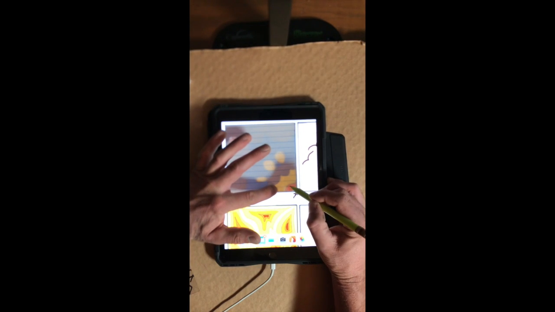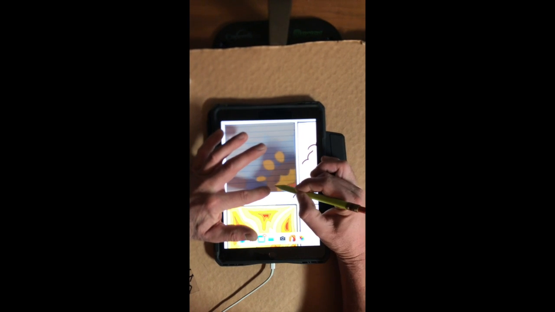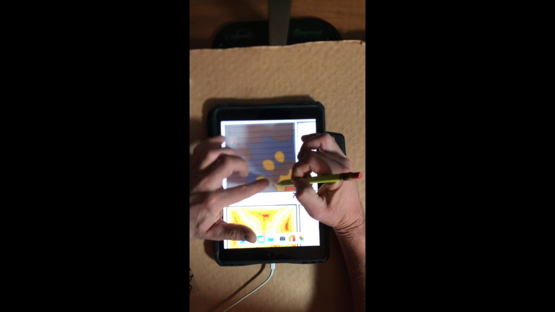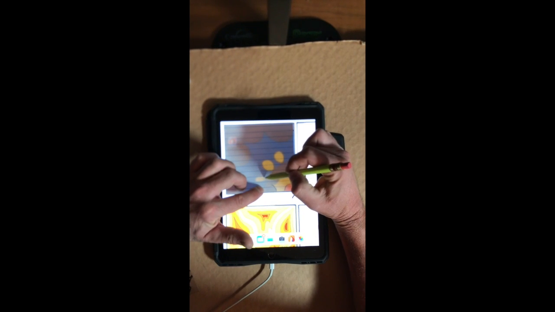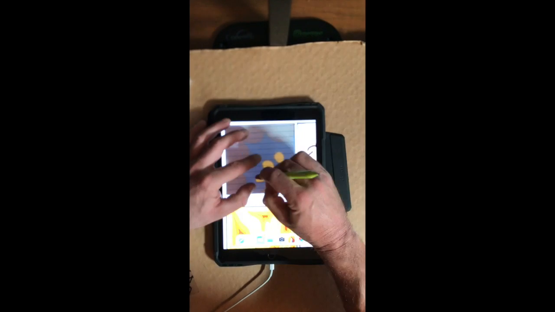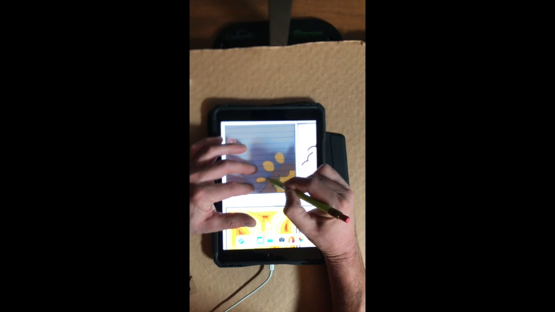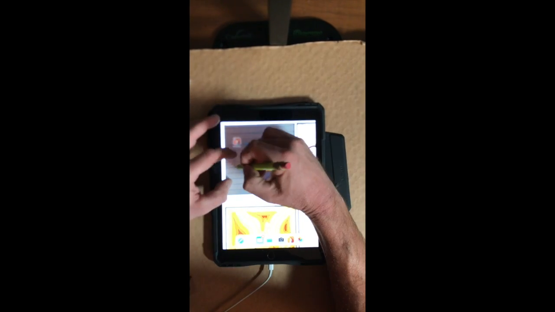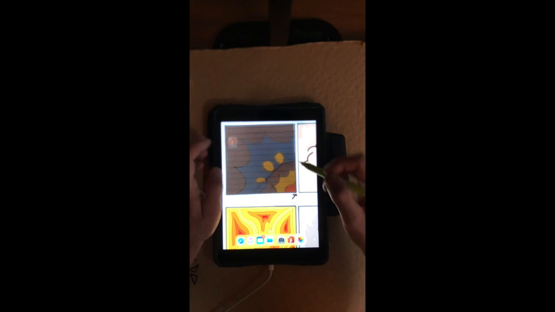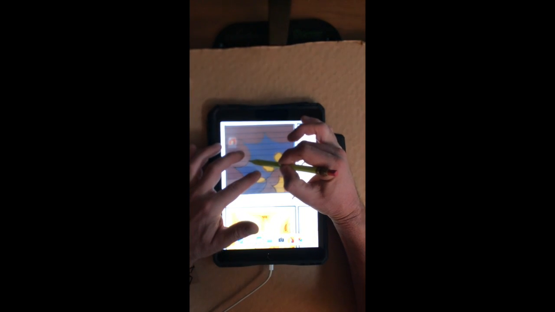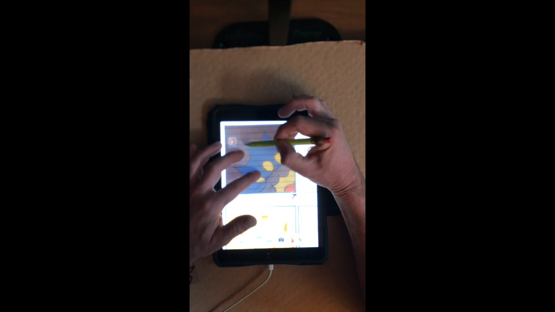So then I'm just going to go through and trace out all of the lines. And I already made a little mistake, so I'm just going to erase that, but because it's on my home screen, it's not going to make that move. For you to see, and for me to see. So I had too much light, it was making it hard to see. So if you went in a little bit of a darker room,